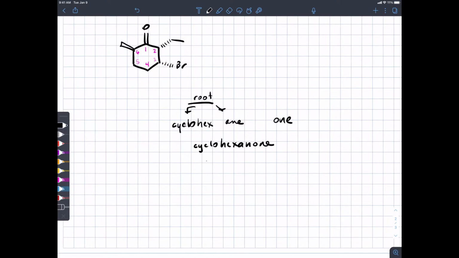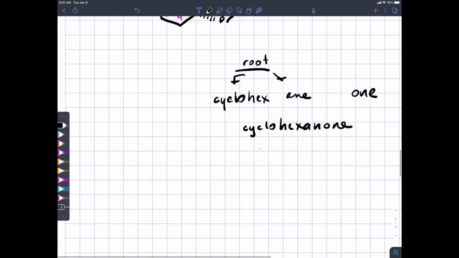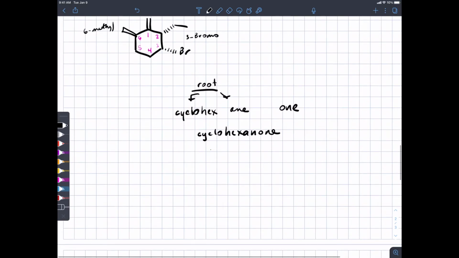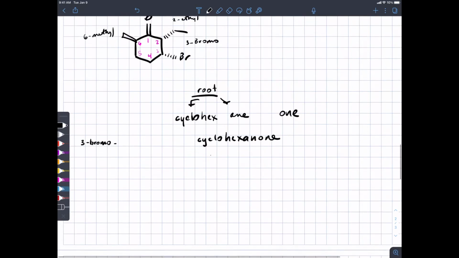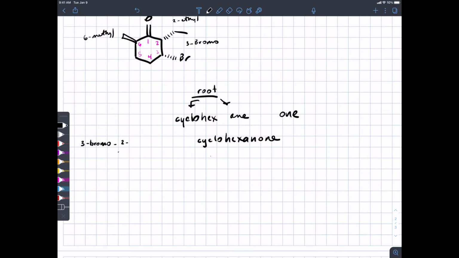We would have a 2 ethyl group, 3 bromo, 6 methyl. We would do that in alphabetical order, but we really don't care about that. So 3 bromo, I can't alphabetize. 3 bromo, 2 ethyl, 6 methyl,